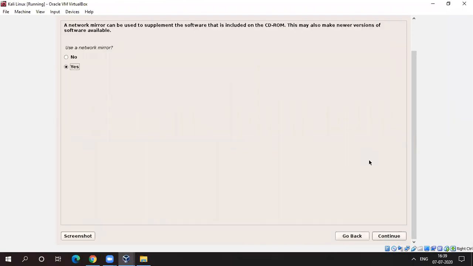Okay, so now we are done with our installation process. Now they are asking us to configure the package manager. It asks for a network mirror, but yes, I will not use it. So I will just check no here and click on continue.